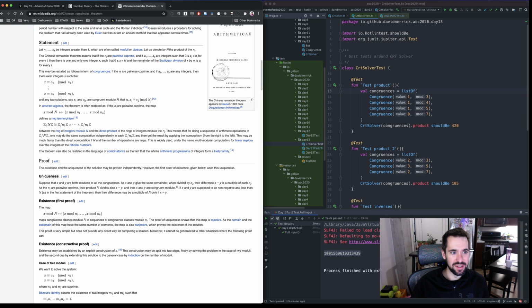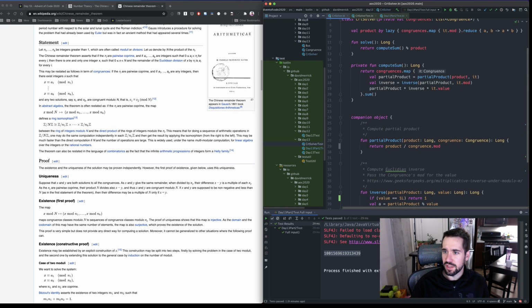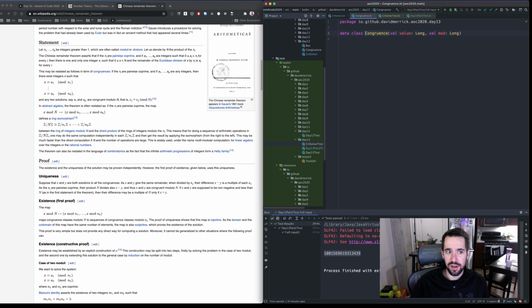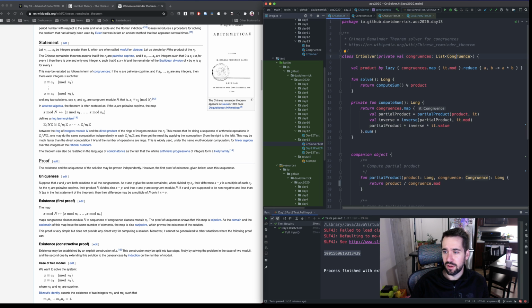But essentially, here are these congruences. If x is a1, and then the remainder is n1, and these are all true, then you can basically use a sum to compute what x is. And one thing I learned is that if you have this list of congruences, this congruence is this value, so that would be a1 in this case, and then the mod, which is n1 in this case. You can take this product of all of those numbers, of all the moduli,